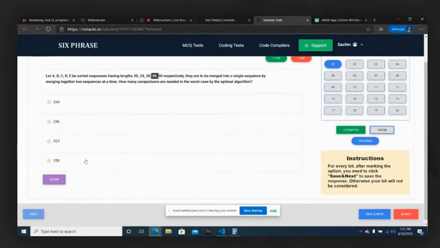I'll just cross verify whether the options given are also okay.